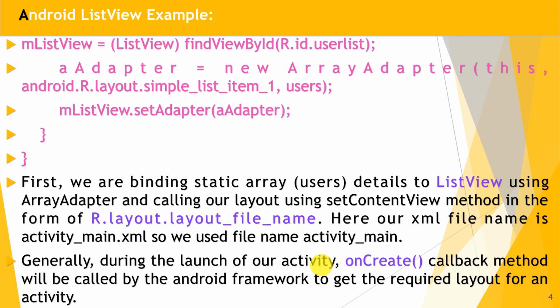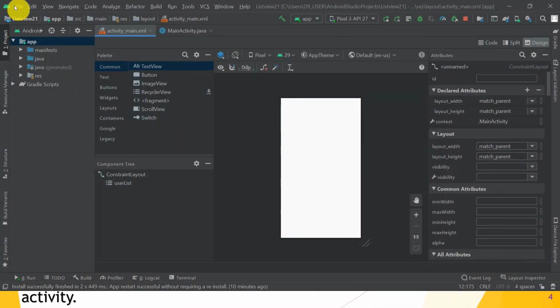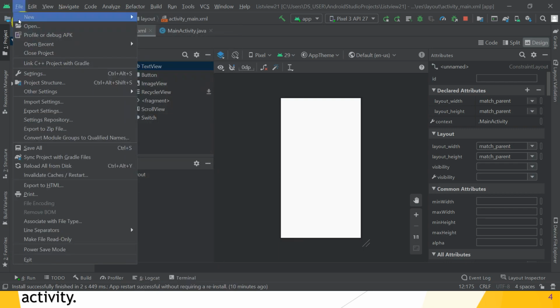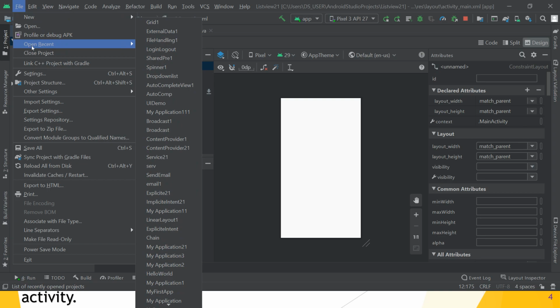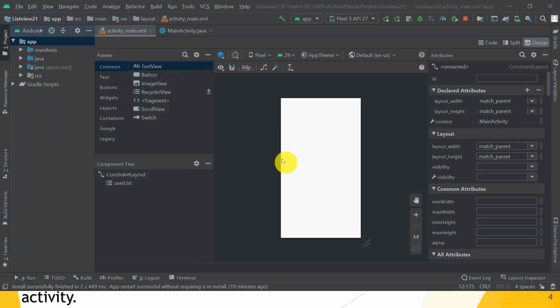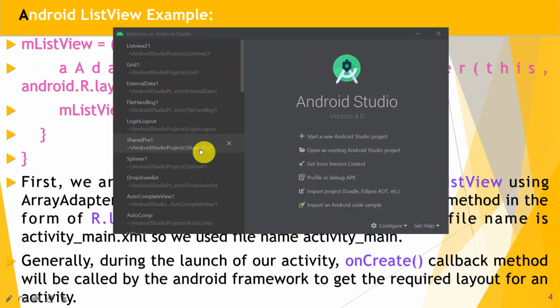So let's move to the code part. Open your Android Studio guys, create a new project. Before creating a new project, we have to close our recently opened project. So terminate that project and start a new Android Studio project.